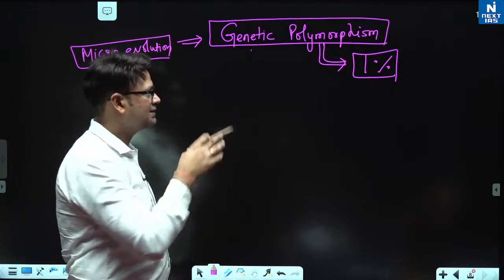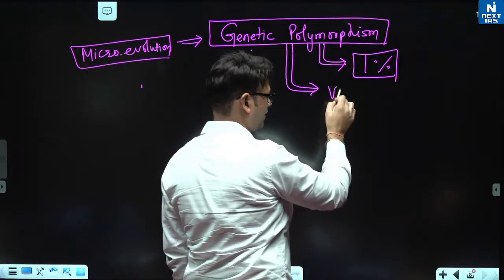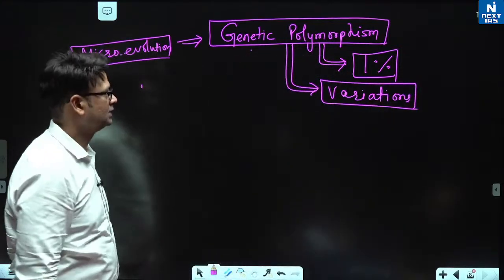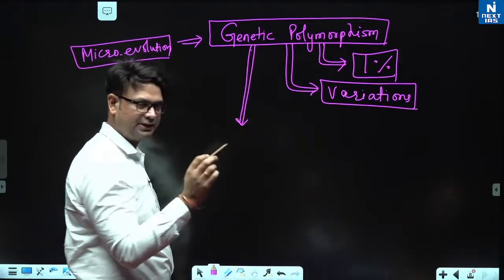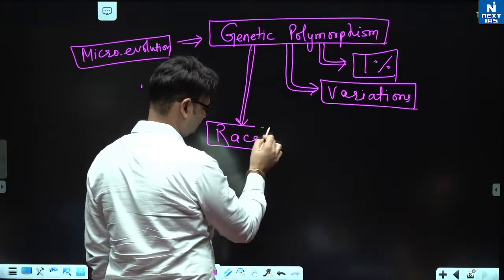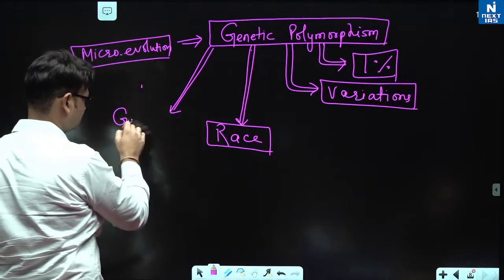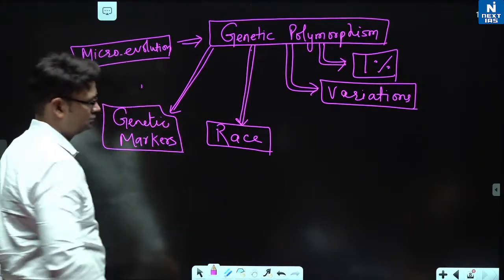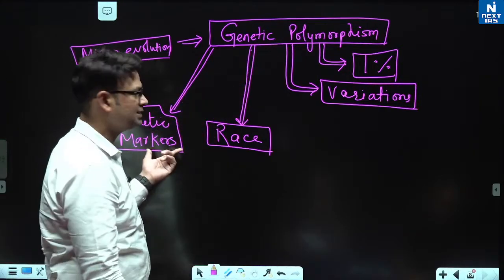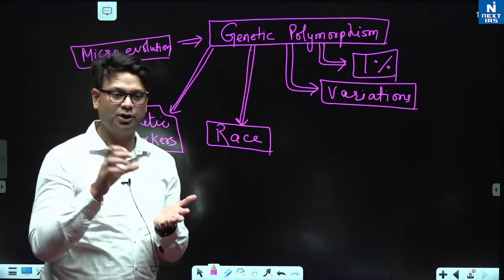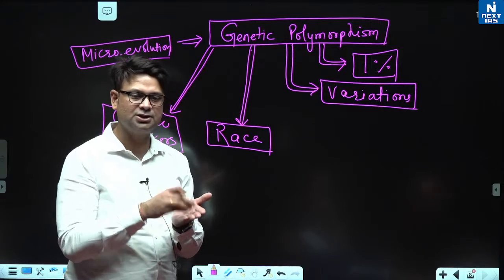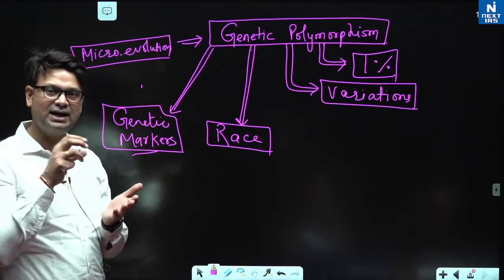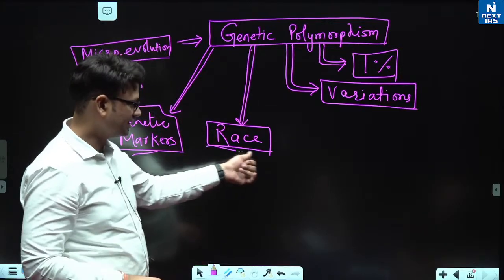है ना, it is the result of, and genetic polymorphism it basically indicates variations, ठीक है। Genetic polymorphism can be directly adapted in the question of race, in the question of genetic markers, ठीक है। Some polymorphs are markers for particular population, सभी की बात नहीं करें, some polymorphs, ठीक है। Some forms of genes or alleles are particular to a population, that is a genetic marker, right? Genetic marker is an identifier for a particular population, ठीक है। रेस भी तो वही है, जेनेटिक मार्कर्स का कॉन्सेप्ट